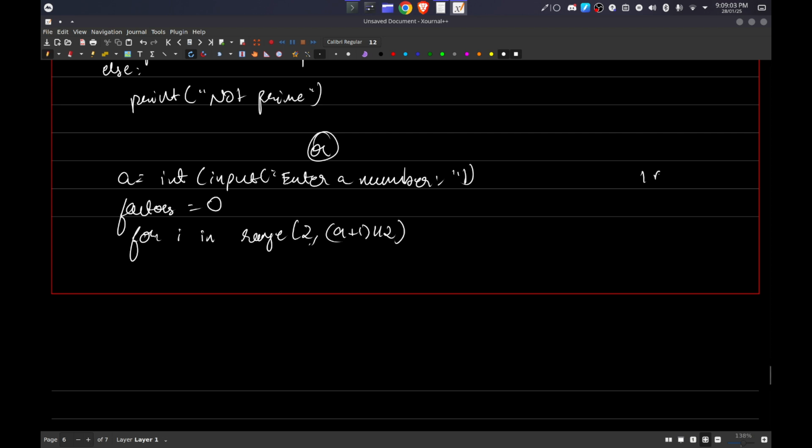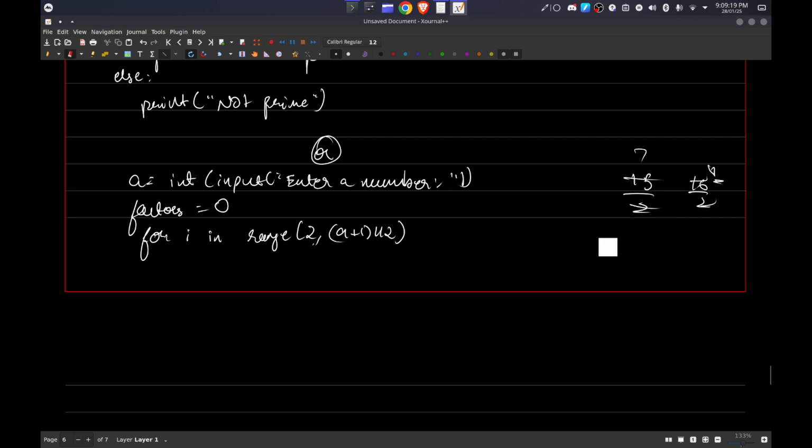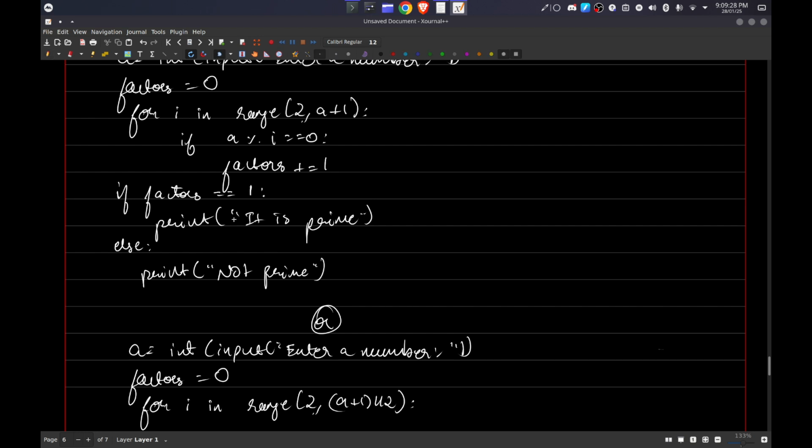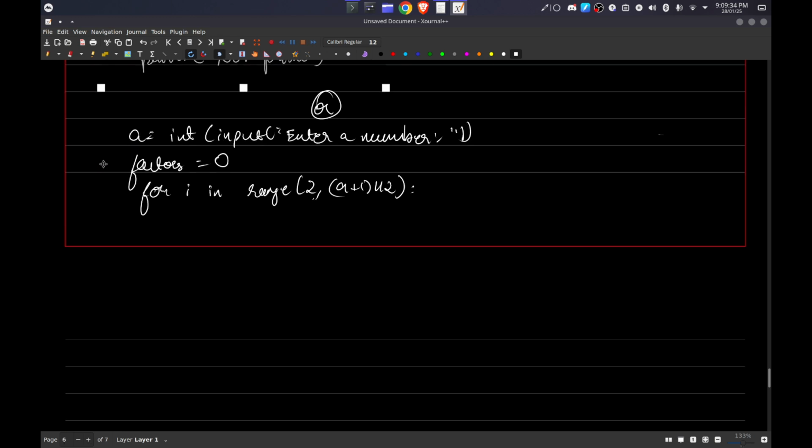Because let's say I have a number 15. 15 by 2 क्या होता है? 7. Only check till 7. But if you check till 8 also, there's no problem. Checking till 8. Why? Because it will be 16 by 2, 8. You'll just check one more number more than the half, which is pretty well accepted. Okay, I'm just checking till half, and then the entire remaining code remains the same. If this, then there's only one factor. Then I can just say that